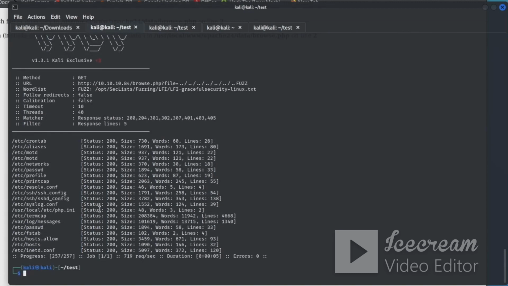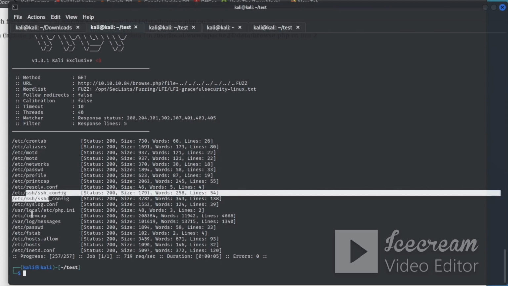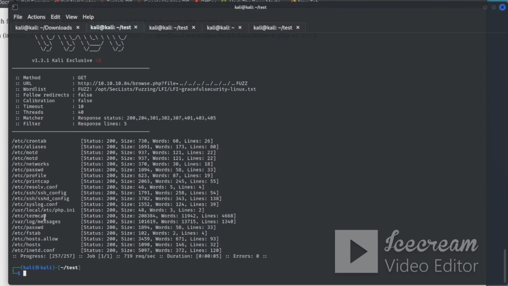Now, if I was actually doing a CTF, I would look through every single one of these to see what we can find. Obviously, we tried /etc/passwd, but you can come through and check out all of these files and see if there's anything helpful for you to try and get remote code execution on the box. And because we don't have an RFI, which I have not actually tried, we'll go ahead and try it and make sure